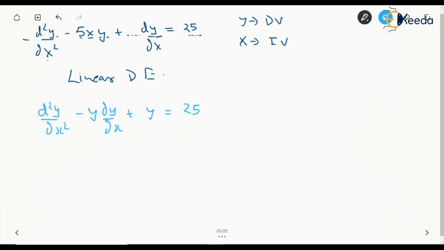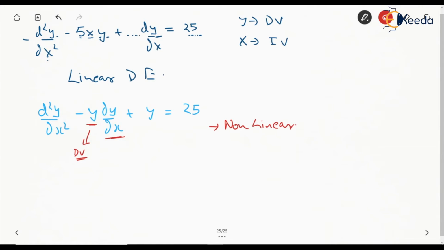In this case, we can clearly see that the coefficient of the first derivative is y, which is not a function of x. It is a function of the dependent variable. So in that case, this will become non-linear,